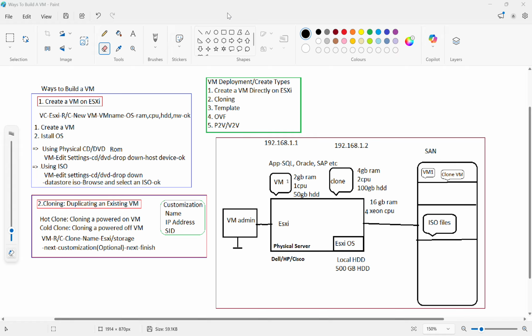In the previous session, we have seen how to create a virtual machine directly on ESXi. The second method is cloning, and the third method is template. So in this session, we'll see OVF and P2V, V2V. Okay, we'll see OVF first: deploy a virtual machine from